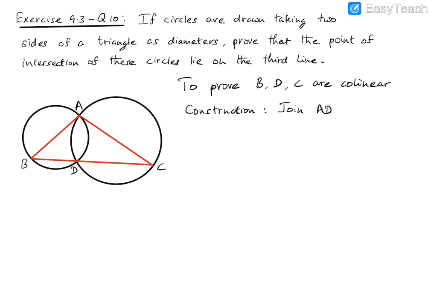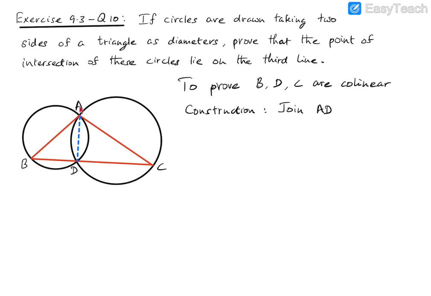So we join AD. So let's make a line AD, and I'll use a different color for that. So we are joining AD over here. So we have joined AD. Okay, now it's not appropriate. Let me draw it straight. So we have now joined AD. Now what we notice is that